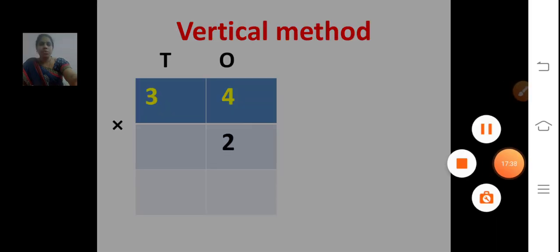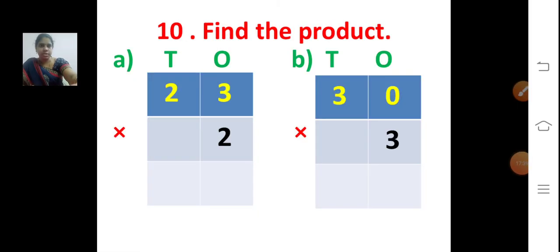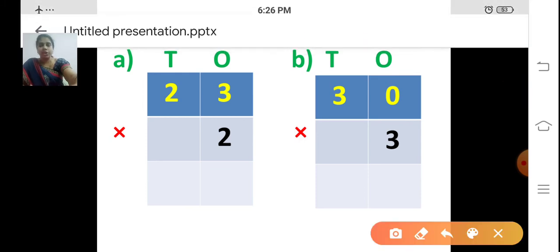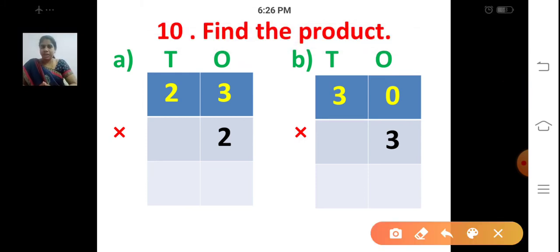Now we'll see 2 3 sums after that. Yes. So first sum, find the product. So now we are going to multiply 23 into 2. We are going to multiply the two numbers. 23 is a 2-digit number and we are going to multiply it by 2. Shall we multiply these two numbers now? Yes. So first one, what we are going to do? We are going to multiply these two.